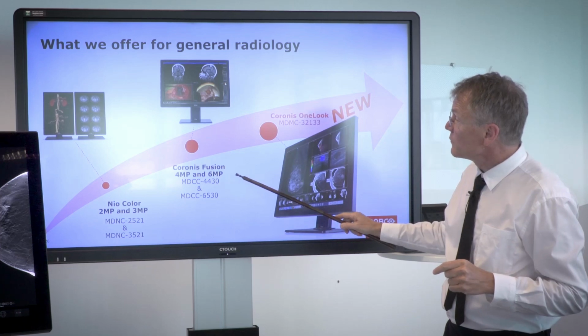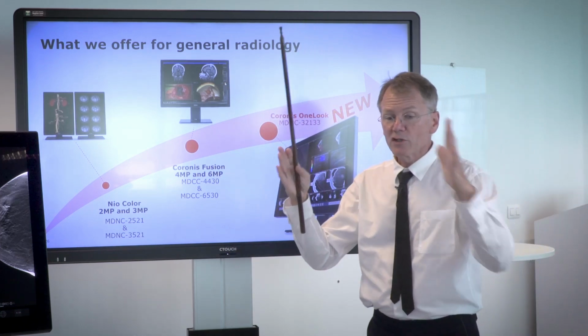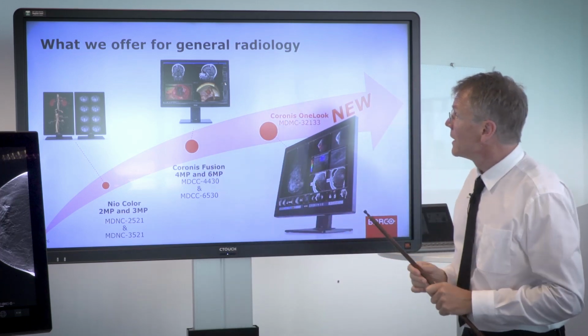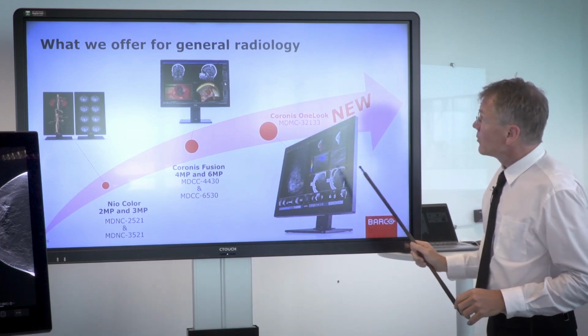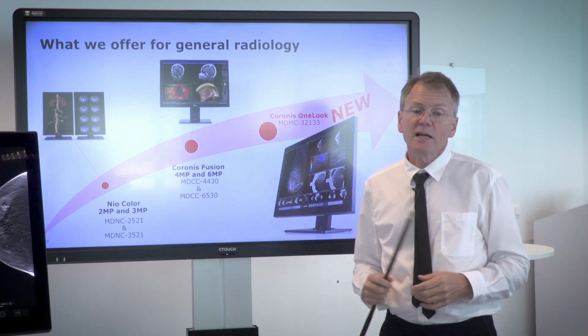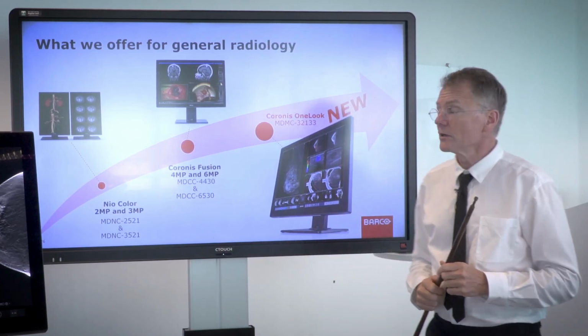The Coronis Fusion 4MP and 6MP are the ones where there is no bezel between them. It's one fusion surface. And then added to that now, we have the larger Coronis One Look, which really is the ideal thing for radiology when you're dealing with complex cases and you have a lot of work to get done.